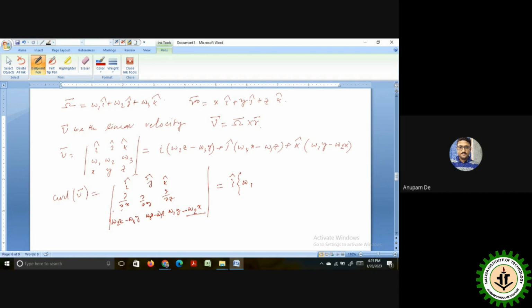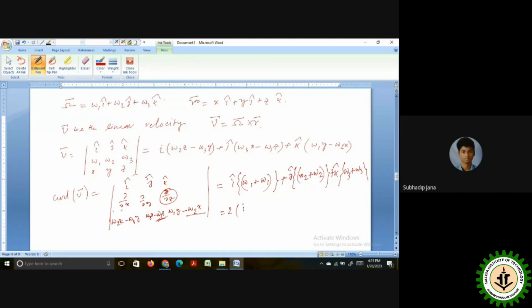Similarly, del/del z of omega 1y will be there, so omega 1 into omega 1. Likewise, j into omega 2 plus omega 2, plus k into omega 3 plus omega 3. So basically here what you will get is 2 into